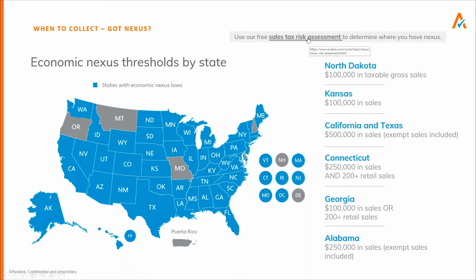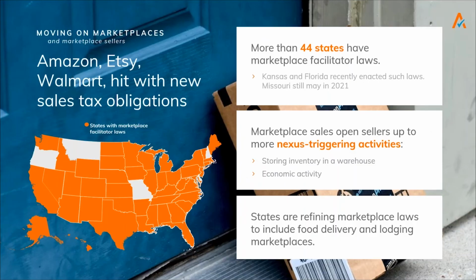Whereas in Georgia, if you have small dollar items and you are processing 200 retail sales a day, you are easily exceeding that threshold, even if you haven't sold any large dollar amount items. And then in Alabama, of course, it's $250,000 in sales. They can't even round it to the nearest $100,000. Got to be different. And exempt sales are included. So it's interesting to look at all of the different thresholds and understand what type of impact that can have.